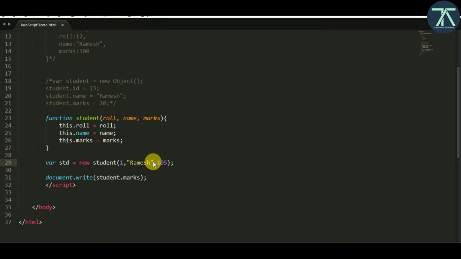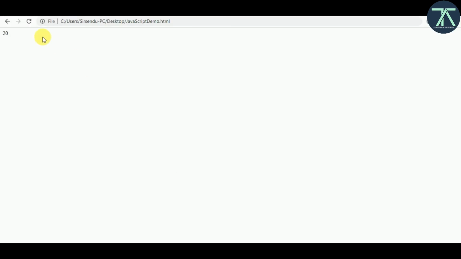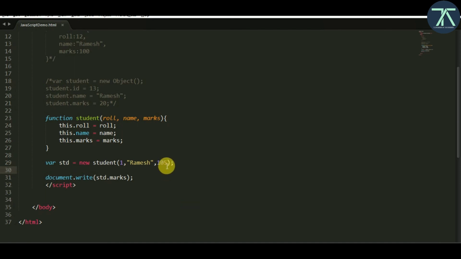Now we'll see how to print this. If I write std dot marks and try to print, then what will it return? So go back to the browser, refresh, and it printed 105. Whenever we call this function, this 105 will be stored in your student's marks property, right?